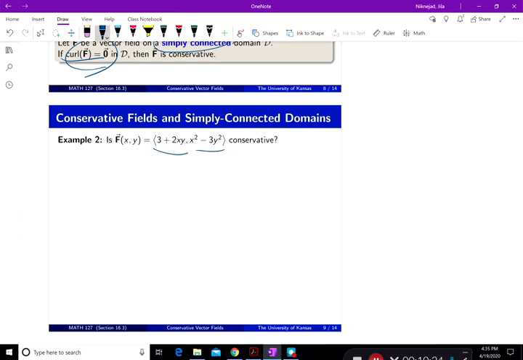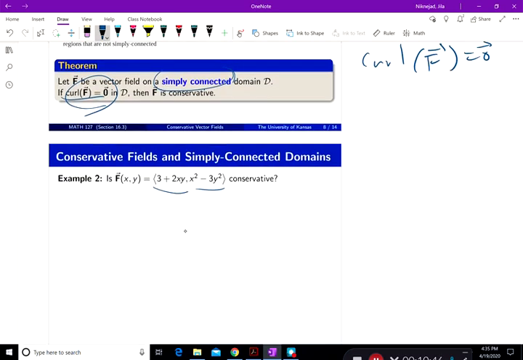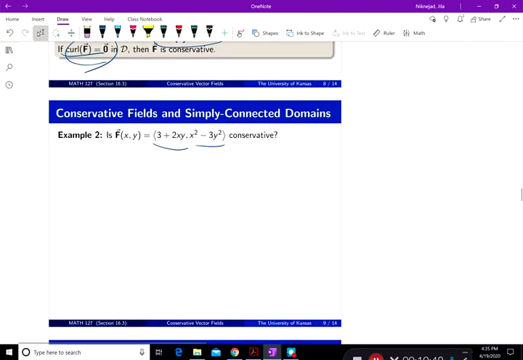And they are defined on the entire R2, both of them, and therefore the field is continuous over the entire R2, and the domain is R2. And so the part about simply connected domain is done because there's no hole or breakage in R2. Now the next part is to find the curl, and curl of F is equal to